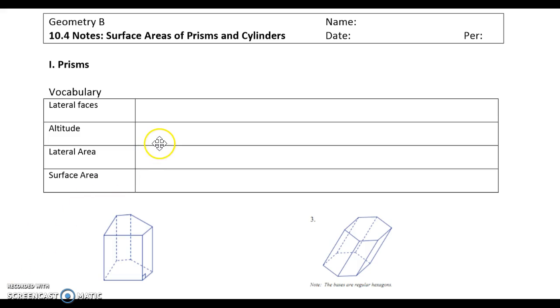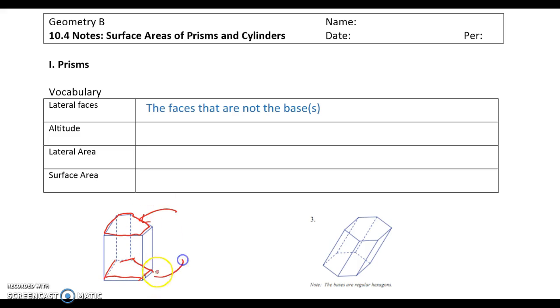Okay, but we want to talk about some vocabulary before we go into what surface area is. So we already know what faces, bases, and all that stuff is, but now we have specific faces which we call lateral faces. And lateral faces are the faces that are not the bases. So you'll remember for a prism, the bases are those parallel faces. So, for example, these two